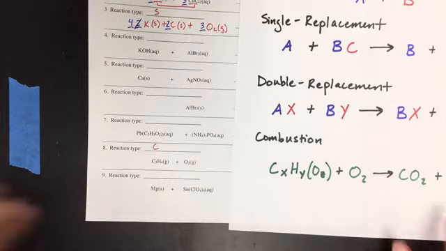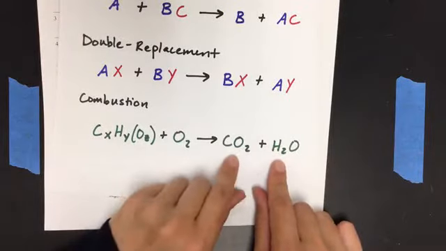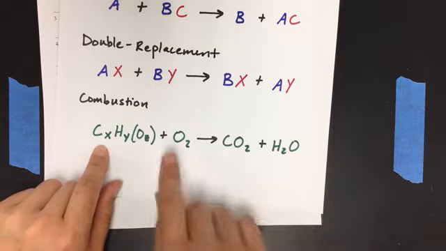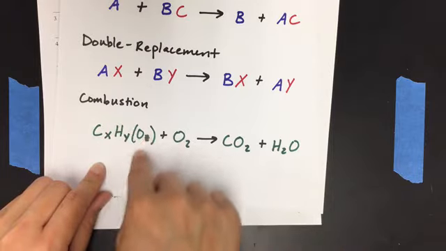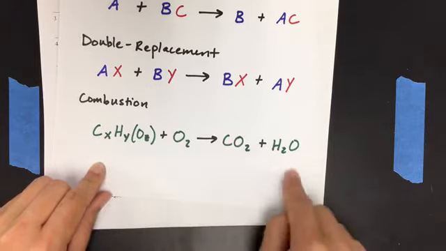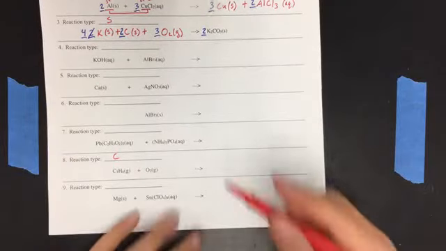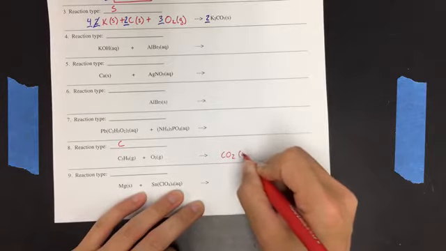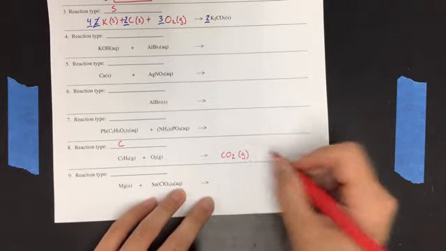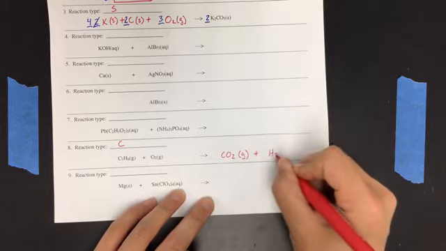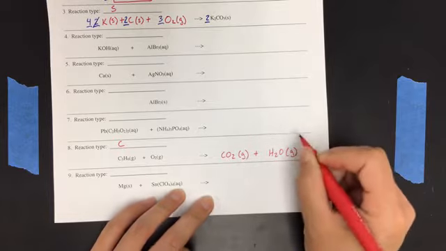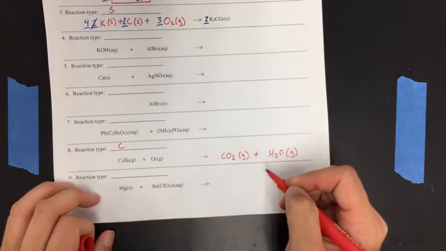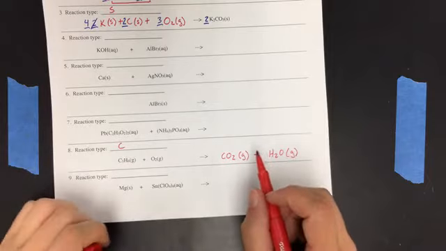And the products are very easy, because the products will always be CO2 and H2O for this reacting with this. Something with carbon, hydrogen, maybe oxygen plus O2 will always give you CO2 and H2O. So that's all we have to do for this. CO2, just a gas, and H2O, which at this temperature, we know combustion, that's when it's like an explosion, will also be a gas because it's really hot. So then we just need to balance this,